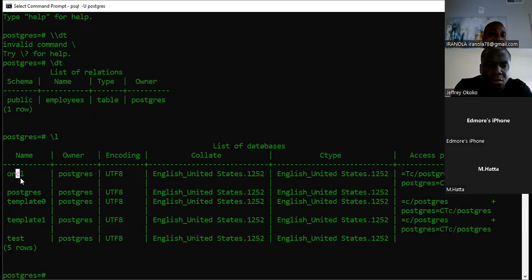This shows me how many databases I have. It's just a bit different, right? But SQL is still SQL. You understand what I'm saying? Okay, I see that. It's still SQL. So if I do select